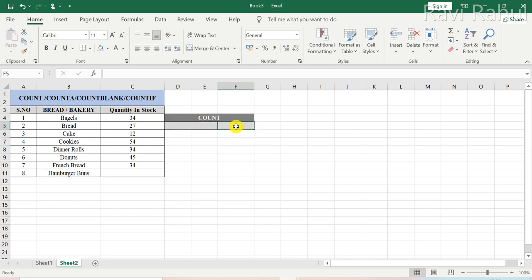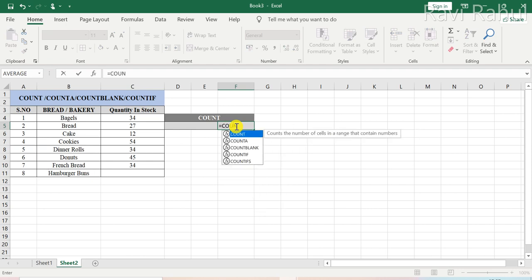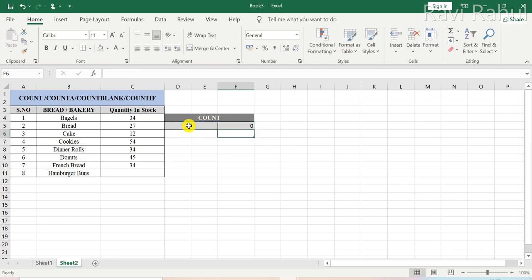So in order to get that, I will hit the equal to sign, type in the function count, and then select this cell and hit the enter key.